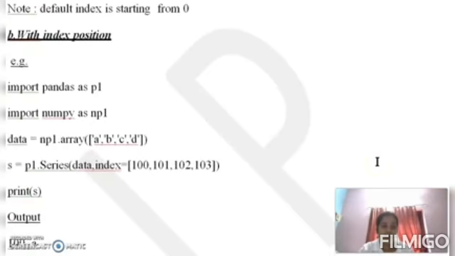The second method is very similar to the first one, but we are using index. We are supplying some index values, and these index values contain this data. The first two statements are the same: pandas is imported, numpy is imported. The third statement is also the same: data equal to np1.array, abcd are the elements.